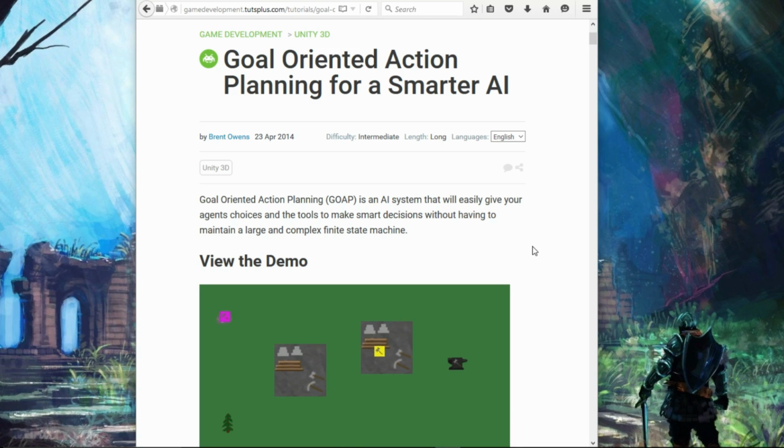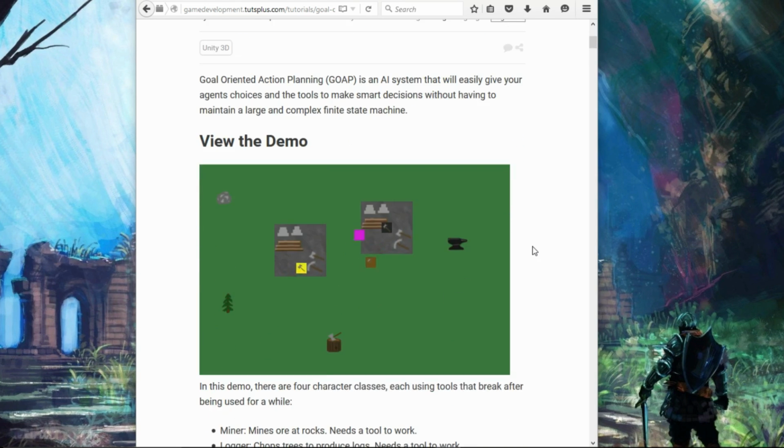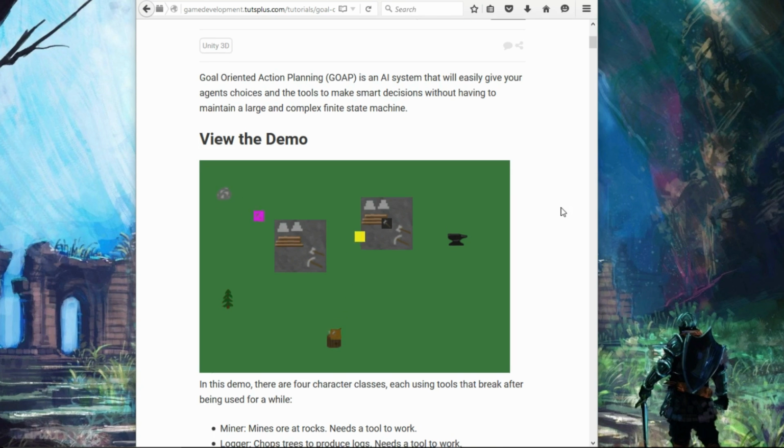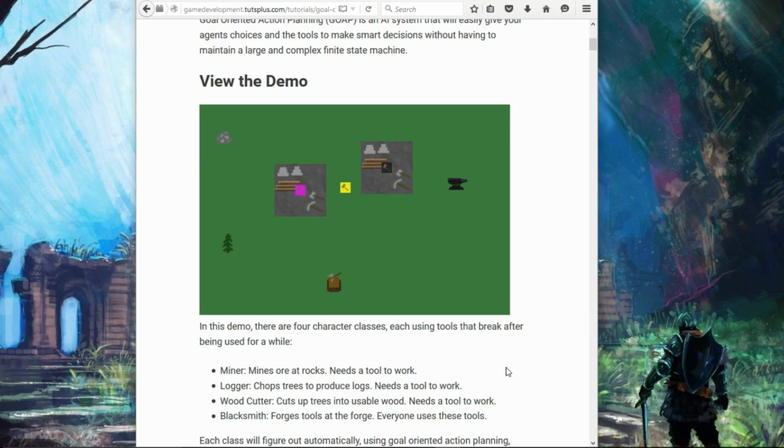Alright, let's talk about the GOAP AI system. First, this is an article by Brent Owens, who wrote the code that we'll be basing our AI system's code off of. So we're going to make a combat-oriented action game today using the exact same base. The example he uses throughout the article, which you should read to get some context and background knowledge, I highly recommend it, is a resource gathering kind of system